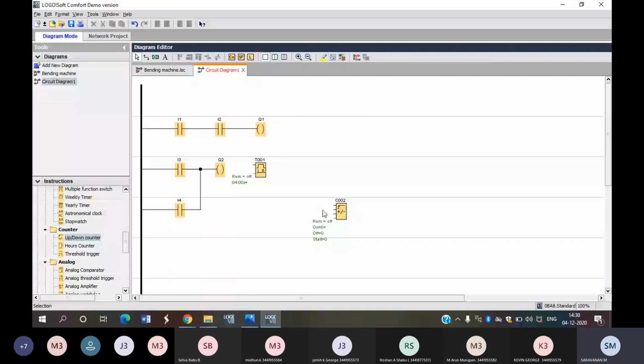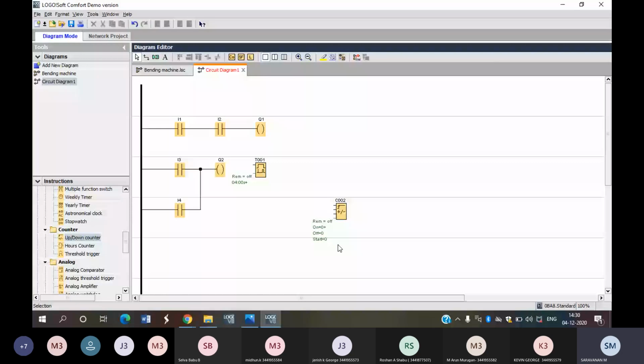As I said earlier, we have two types of counter: one is your up counter, another is your down counter. Up counter means it can count from 0 to 100. For example, in the bottle filling equipment, how many bottles pass the proximity sensor, we can count using that sensor. Down counter is also available. Initially we fix the count at 100, and it keeps reducing. Once a bottle passes, the count is reduced. That comes under the down counter. Which one is needed for you?